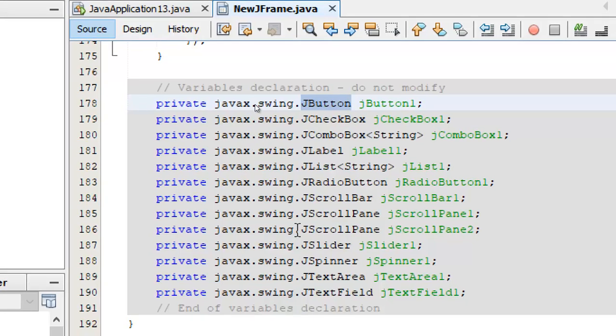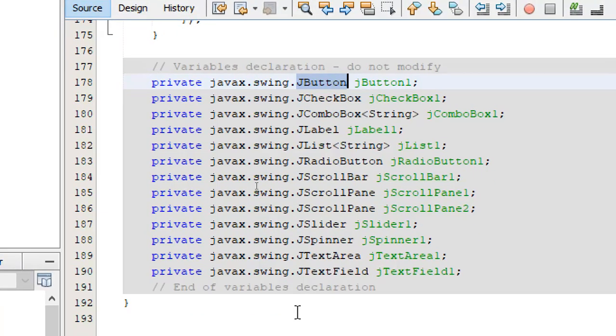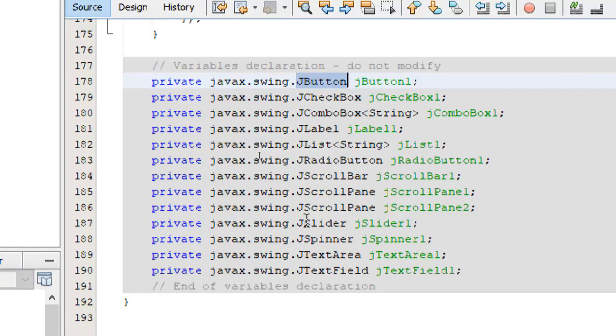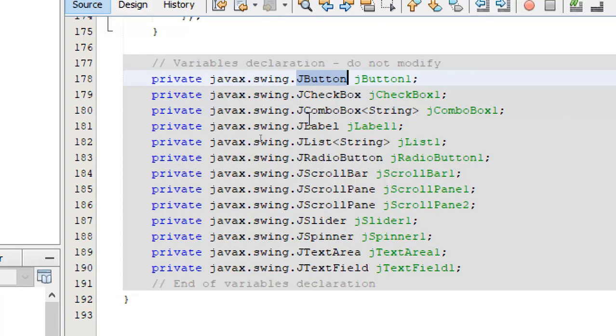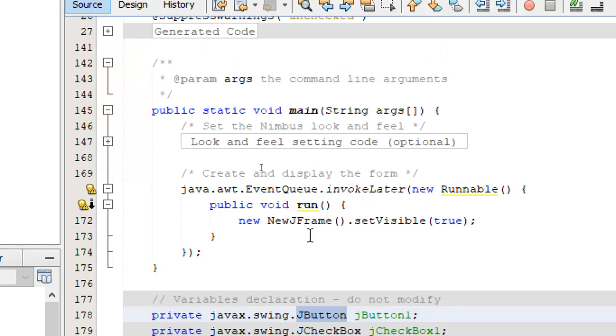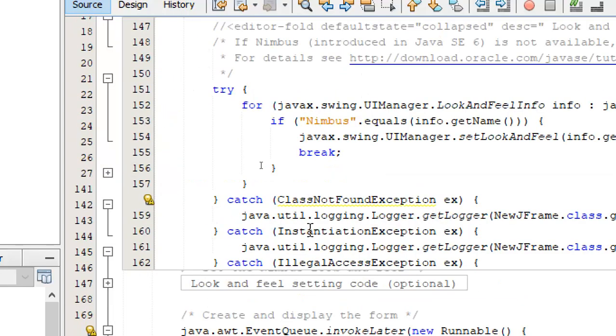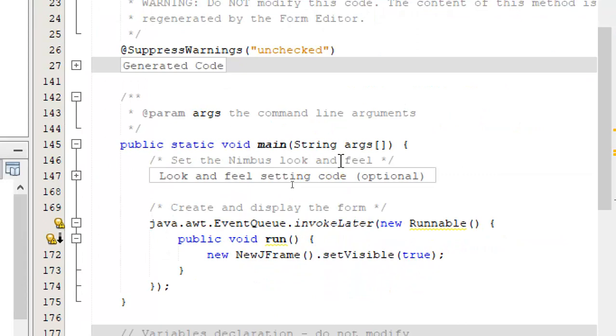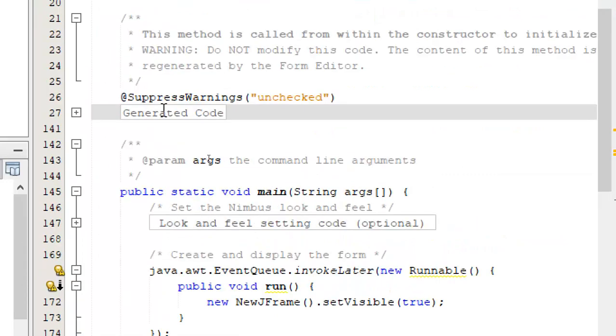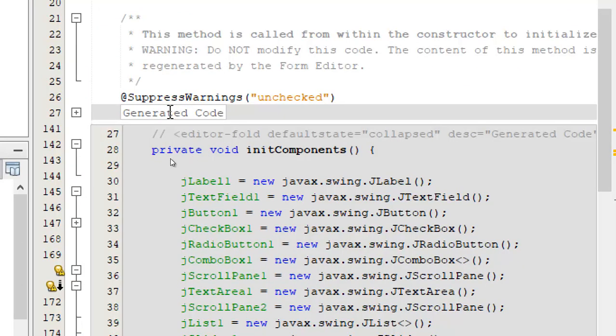One thing you will notice over here is that all of them start with J. So JTextBox, JSpinner, JSlider, and so on. All these Swing components start with J. Now let's come back to the properties that I have set. If you look at the NetBeans code here, NetBeans has created something called generated code.